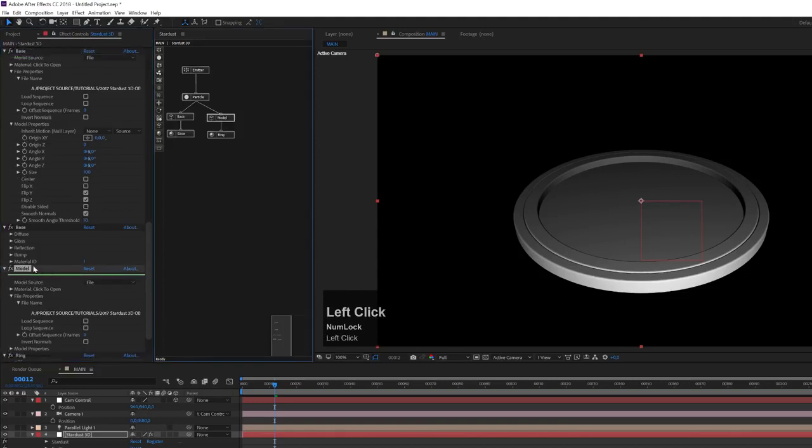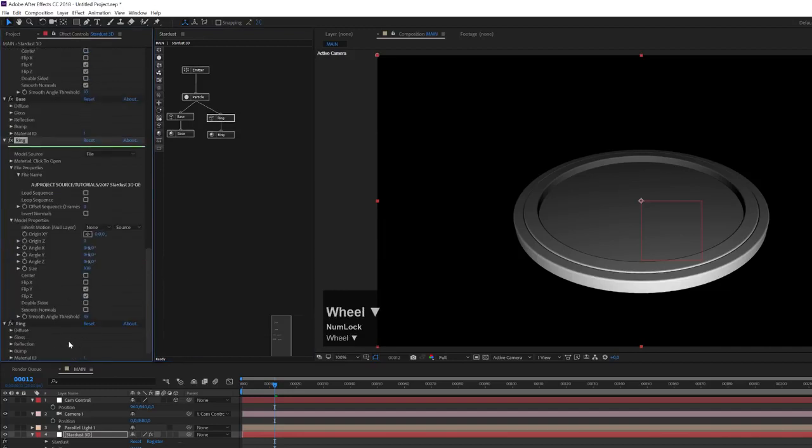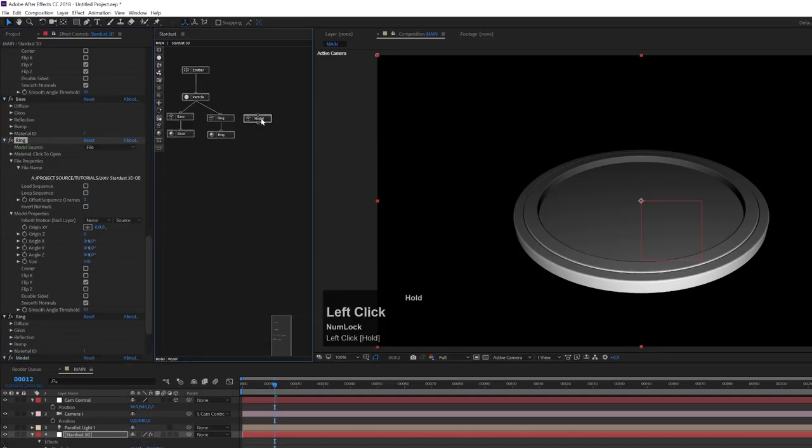And this model is my ring. Inside my ring model, I can again check the smooth angle and set this back to 10, and then this should be fine. Yeah, looks good. Now let's create a new model node and